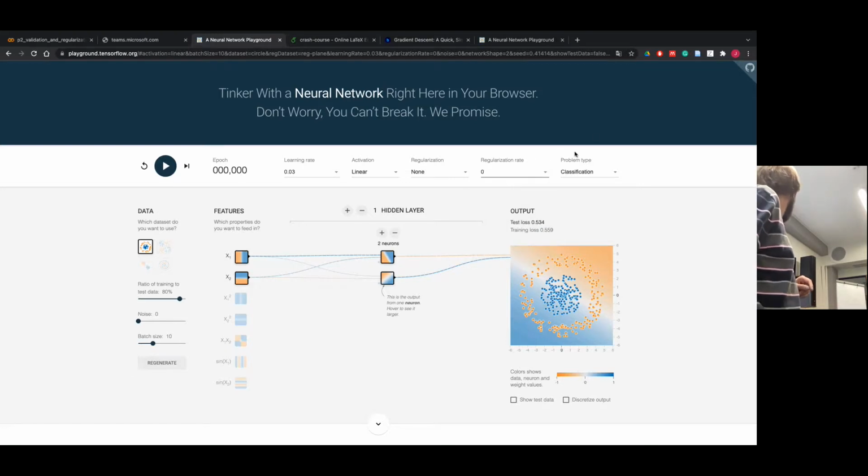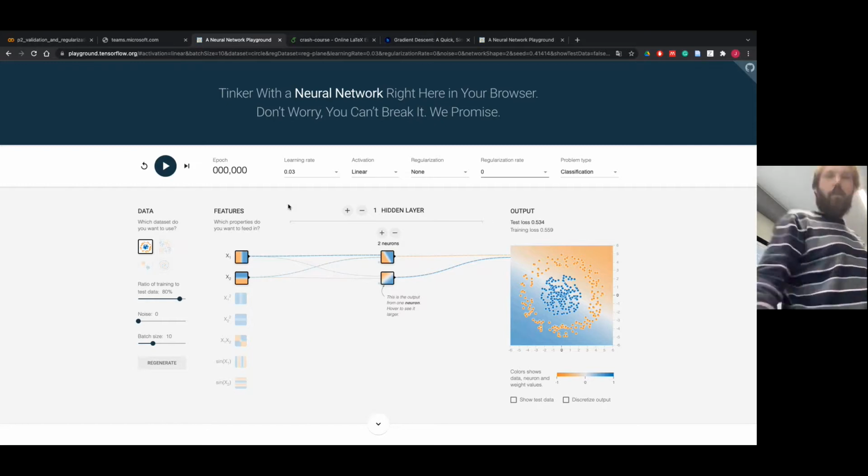Okay, the classification problem gives you different types of data. And we have initialized the weights of a neural net. First of all, this is what gives the output of my neural net. Basically, my neural net does a linear separation, and the points that are on the upper right are classified as -1, and the points that are in the lower left will be classified as 1. And I can try to iterate over those.